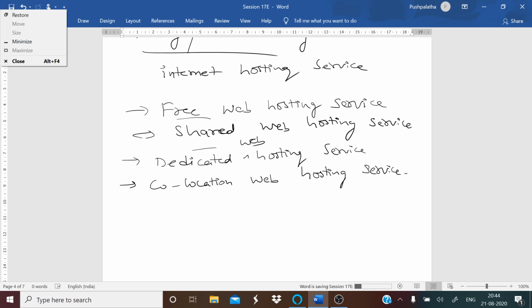And with this we come to the end of the chapter, that is web designing, and also the end of the syllabus. But we have left out 3 of the chapters in the beginning, that is the Boolean algebra, data structures, and logic gates. In the next session let us go through those chapters. If you finish these 3 chapters, we'll be finishing with the syllabus for this. Thank you.